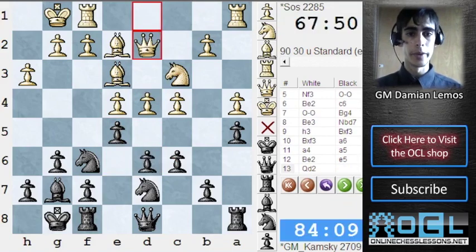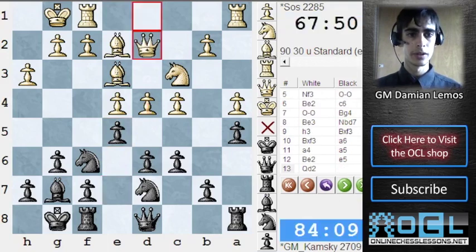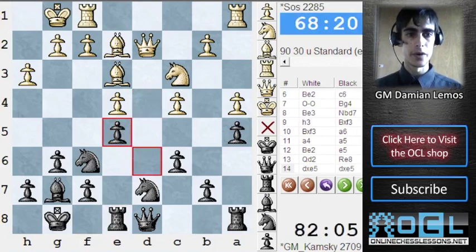Queen d2 looks better. I would also consider playing d5 here, getting some space. Then we play rook to e8. Now we put some pressure on e4. Therefore, he plays d5. Well, if he takes on e5, we have the same variation, and we also have the same ideas. Rook e8 is usually a useful move in the King's Indian,